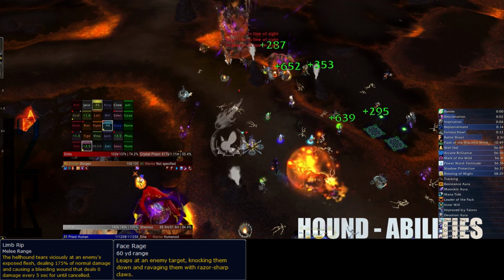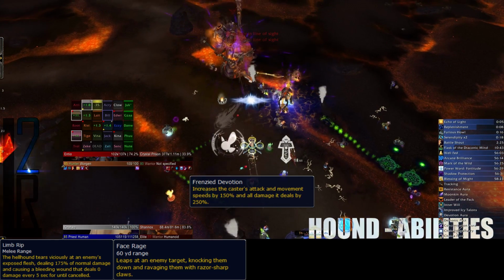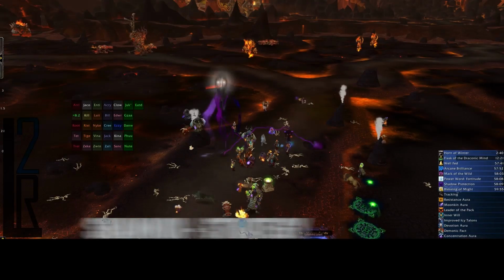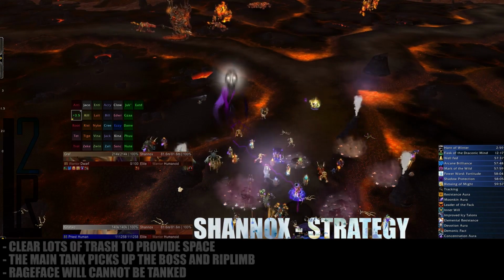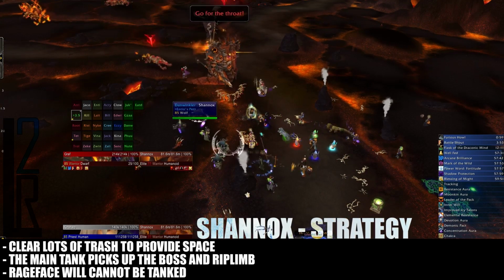Finally, both dogs will use the ability Frenzied Devotion if they are not dead when their master's health reaches 30%. This will increase their damage by 200% and their movement speed by 100%. Before starting the fight, you'll need to clear quite a bit of trash to provide a large safe area to execute the encounter. And that won't be possible if Molten Giants, Lava Surgers, and Tortugas del Fuego are